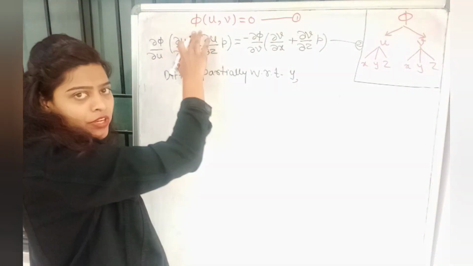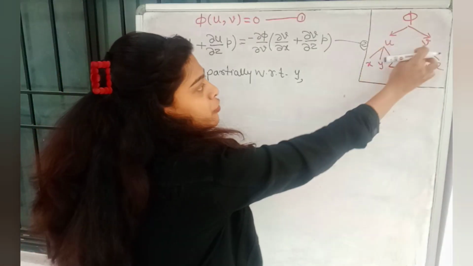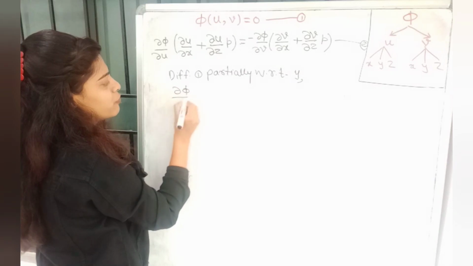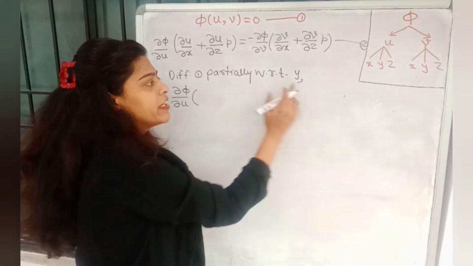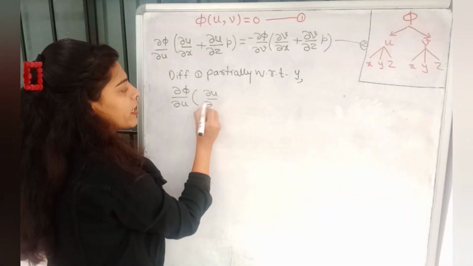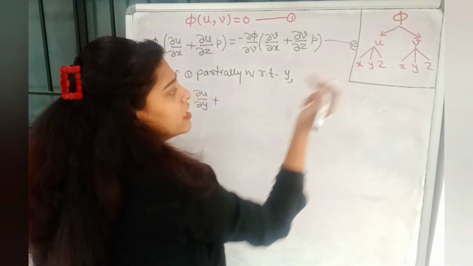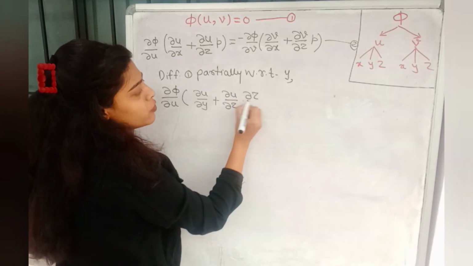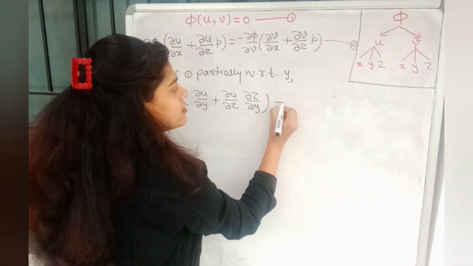In the same way, now we are going to differentiate equation number 1 partially with respect to y. So firstly, phi is a function of u and v, and u is a function of x, y, z. So firstly, dou phi by dou u as it is. u is a function of x, y, z, but we are going to take a partial derivative with respect to y. That time the first term should be 0. So the second term will be dou u by dou y, plus u is a function of z, but z is a dependent variable which depends on x and y. So that implies dou u by dou z and dou z by dou y, because we are taking the derivative partially with respect to which term? y. Plus, we have completed this part.